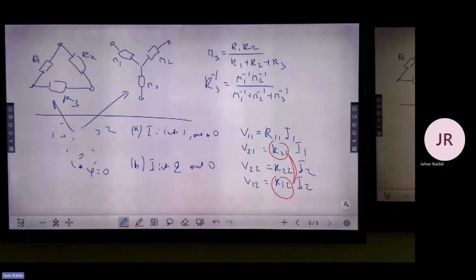Okay. Now, Y-delta equivalence is a very useful thing. It is the easiest way to calculate resistances in those cases when the circuit won't break down into series and parallel connections, like bridge connections. If you try to find the effective resistance between two nodes for bridge connections, normally it will